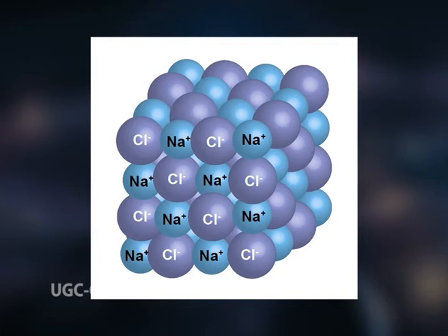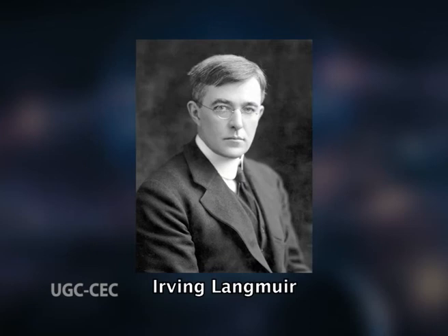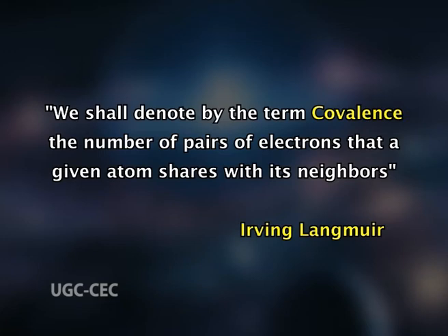The attraction is called an ionic bond. Compounds formed by ionic bonds are called ionic compounds or salts. The term covalence in regard to bonding was first used in 1919 by Irving Langmuir in a Journal of the American Chemical Society article entitled The Arrangement of Electrons in Atoms and Molecules. Langmuir wrote that we shall denote by the term covalence the number of pairs of electrons that a given atom